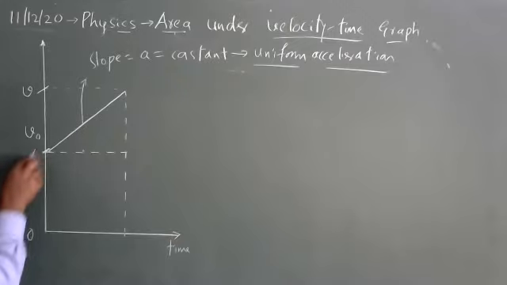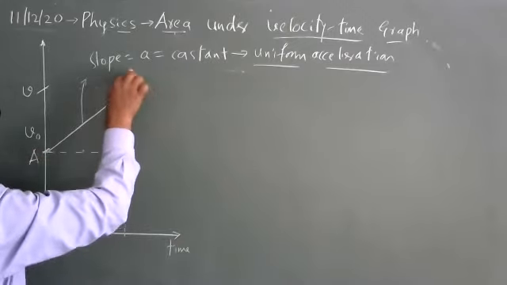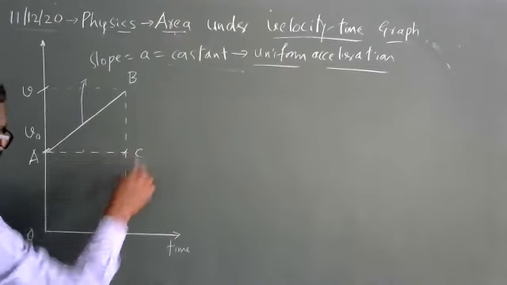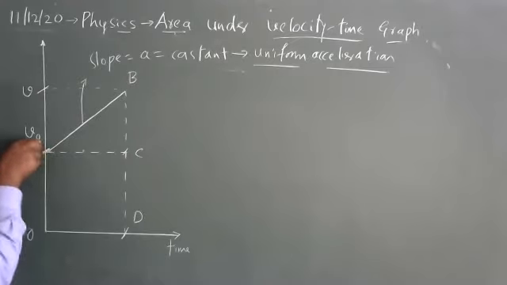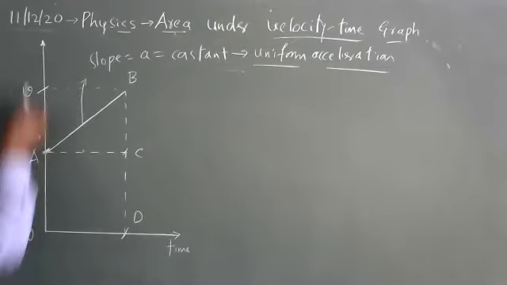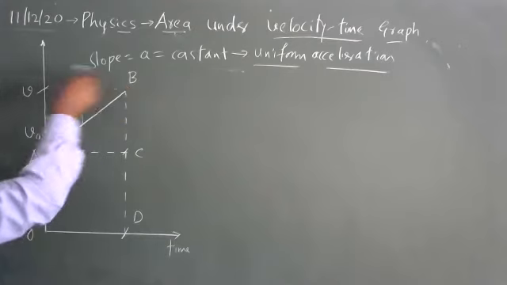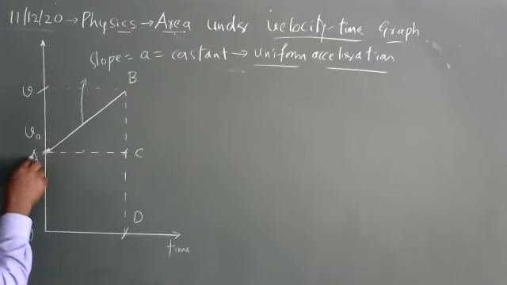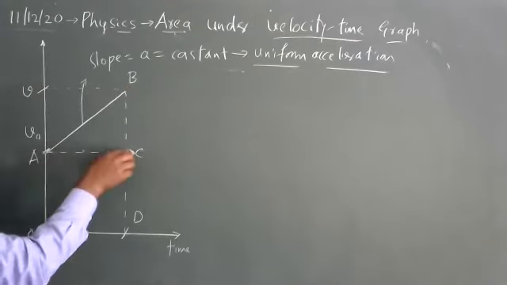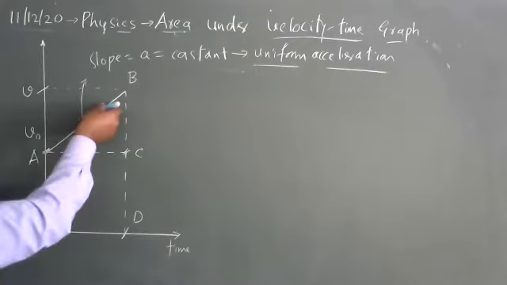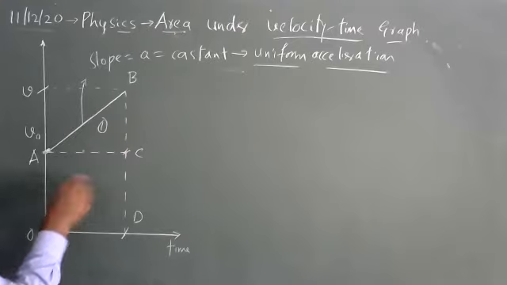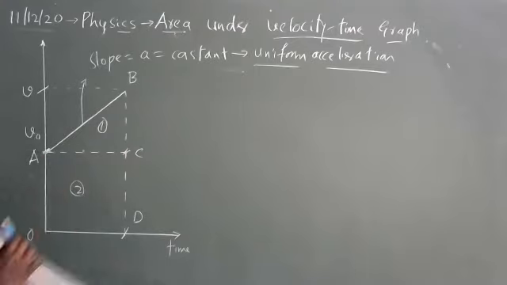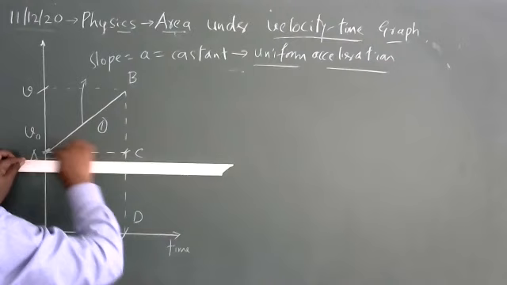This is O, this is point A, this is your B point, this is your C point, and this is your D point. Some arbitrary notations: O is the origin, time origin, velocity origin. Initial velocity V0 is at position A on the axis. This is B, which corresponds to final velocity. C corresponds to A, and A and C are at the same height, meaning velocity here is V0. Now, area under the curve. Let me divide this area into first the area of a triangle, second the area of a rectangle. So I am interested in what this area is. The total area is given by two areas.